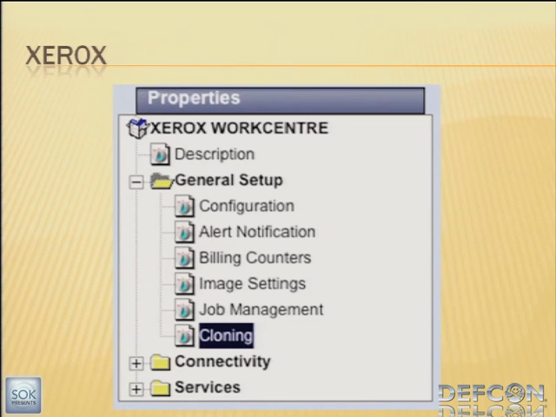I don't know if I heard it, but it's 1111. That seems to be the normal for the Workcentres. Username is admin. So we get to this, we go to the Xerox WorkCentre, general setup under properties, go to